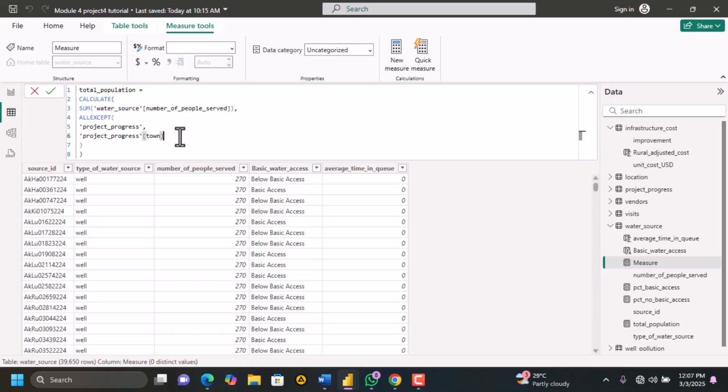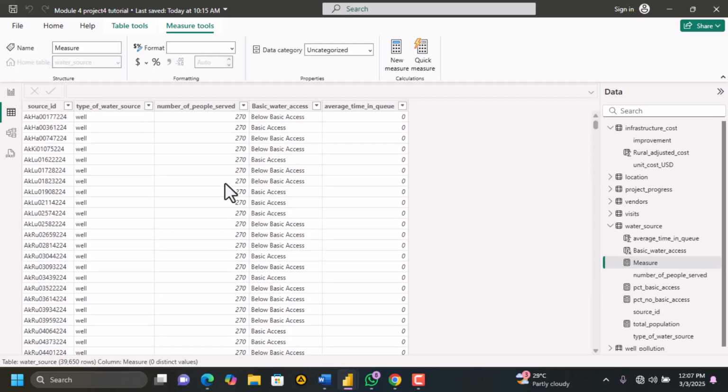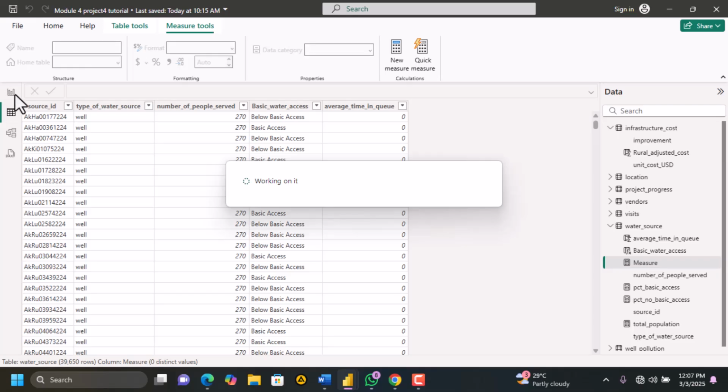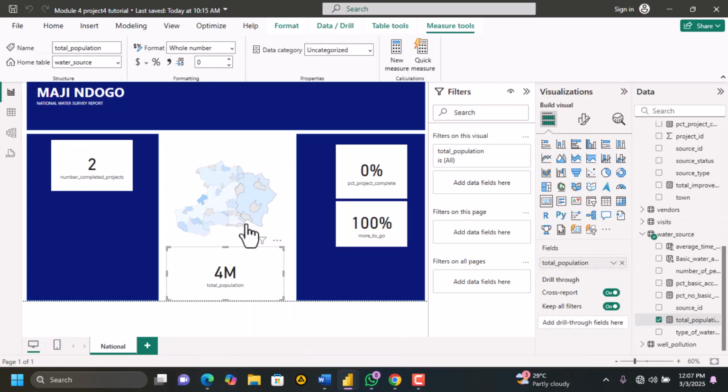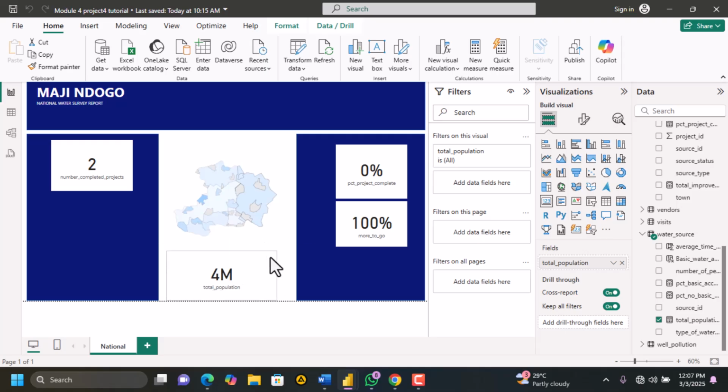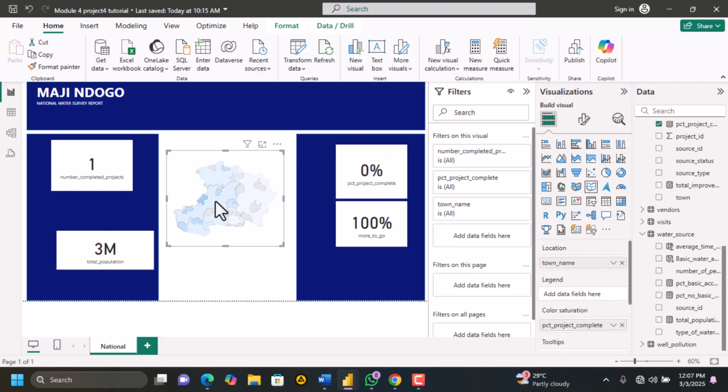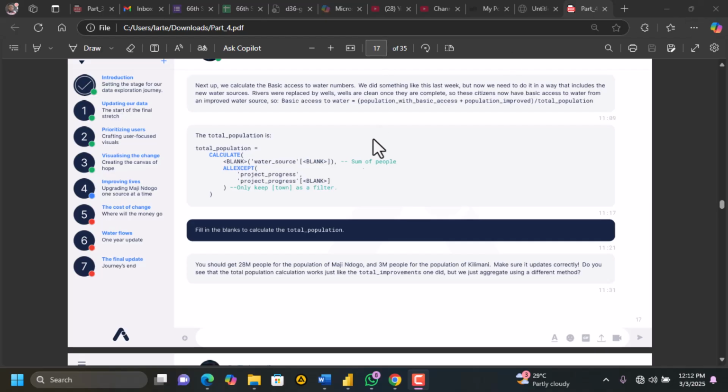No, that should be it. This is Hawassa, Sokoto, Sokoto 4 million, 5 million, Kimani 4 million. Okay, so the total population that we're supposed to get,